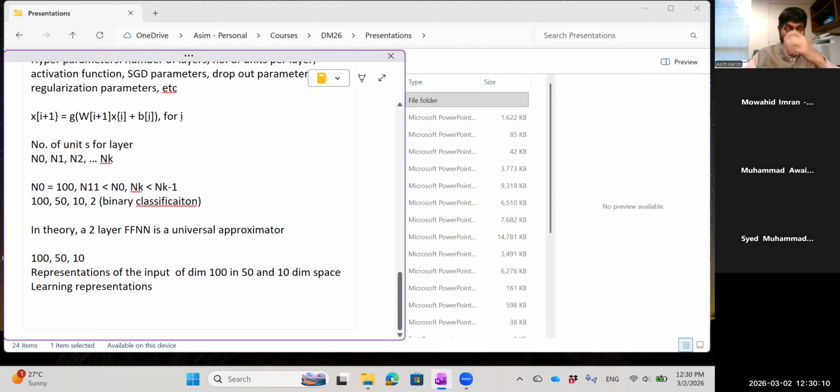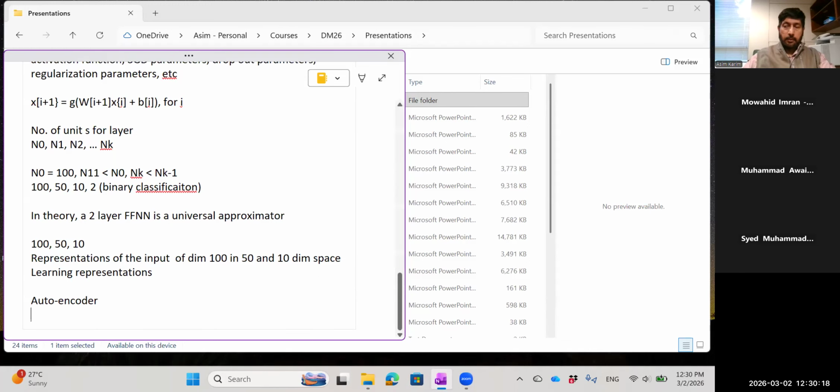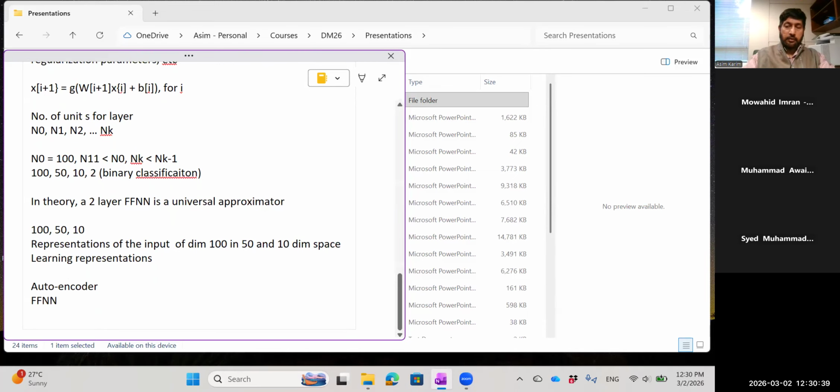Okay, so now let's just go on to the next model, which is the autoencoder. So autoencoder is also a feed forward neural network. So जो हमने पूरा ऊपर feed forward neural network डिजाइन किया था input to output, it can have 2 or more layers. So autoencoder भी वही है, बट इसमें एक चीज डिफरेंट है, इसमें जो टास्क है is different. So task is to predict the input